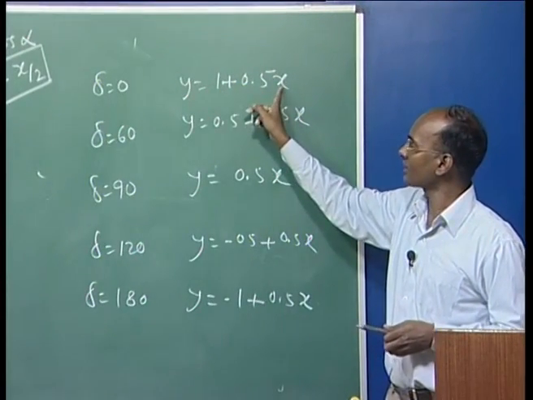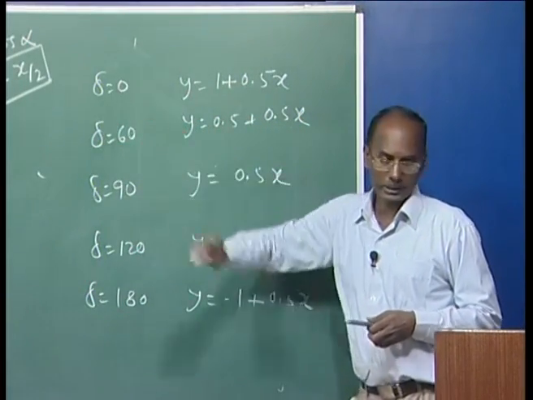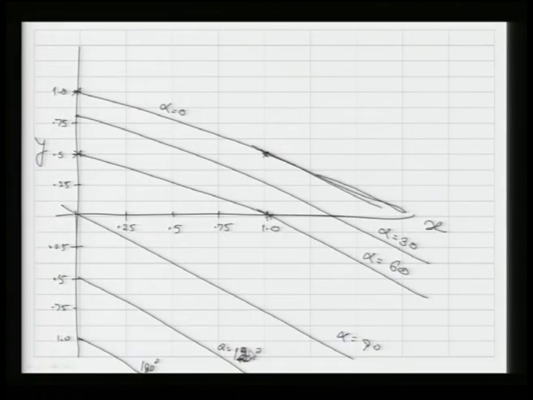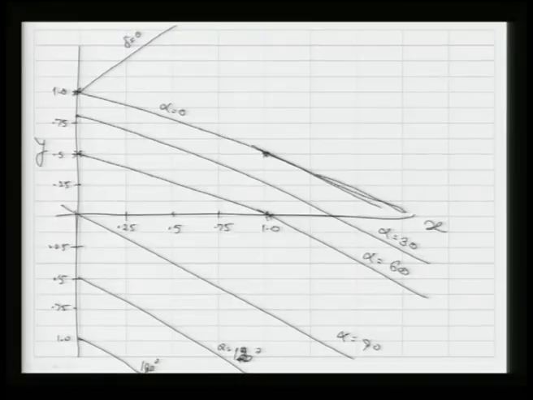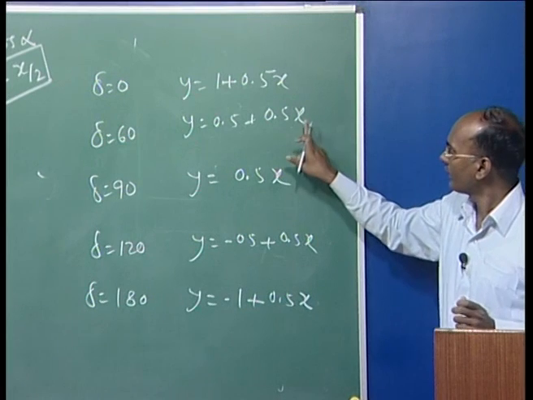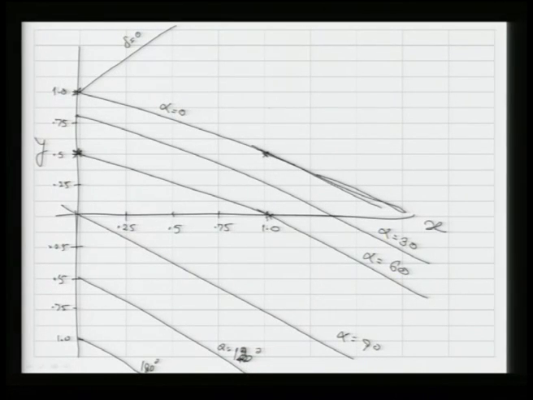So, here if x is 0, we are going to get 1.5 for this value, means your delta is going to be 1.5. Oh, it is 0, then it is 1. So, we are going to start from here, see, and the slope will be just positive, means your delta here is 0. Now, for this, here x is 0, it is 0.5, means we are having this point here, and when x is unity, we are going to have 1 here,